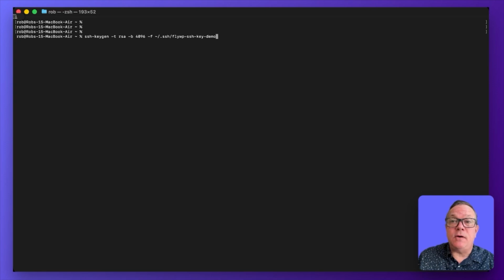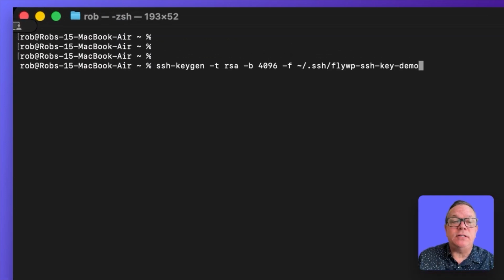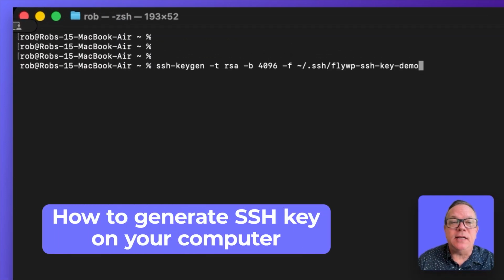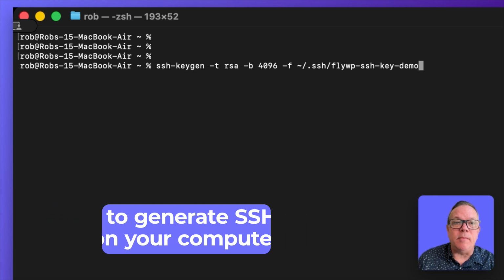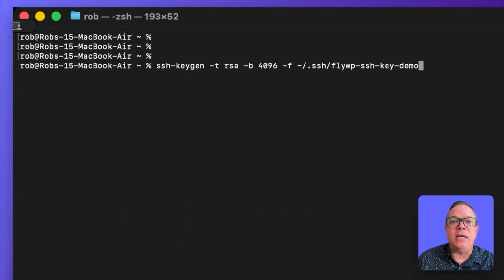Alright, in this video I am going to show you first how to generate an SSH key on your computer. On a Mac you open the terminal application, and on Windows you'd hit the start key and then type in PowerShell, and it'll drop you into a similar interface. On both of those, you then have the ssh-keygen command available, which is what you'll need to generate an SSH